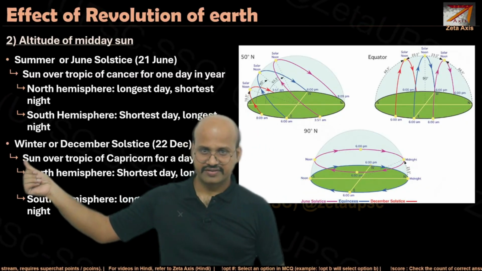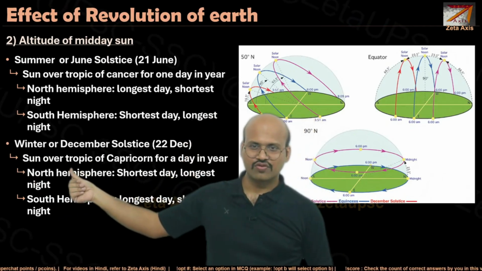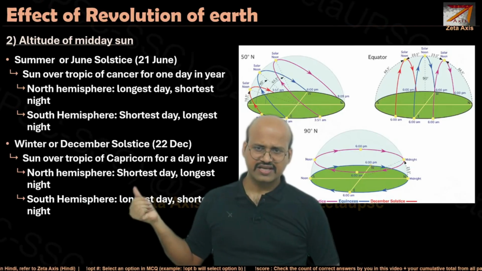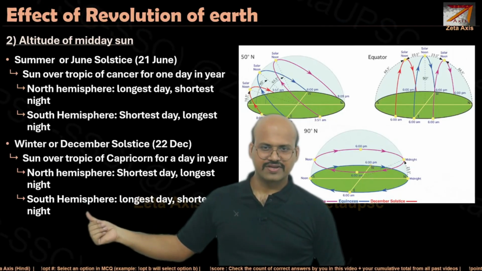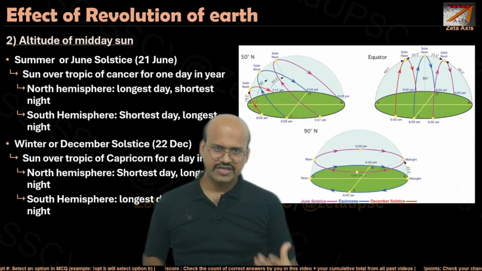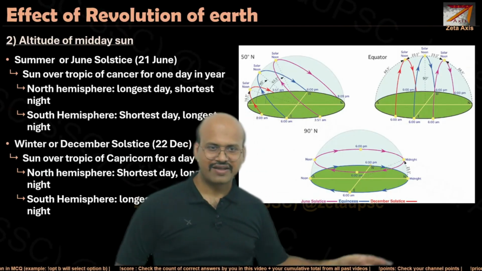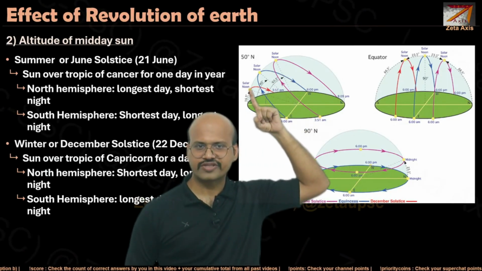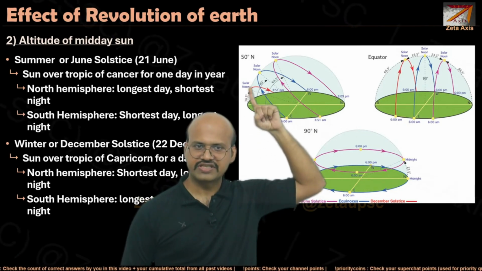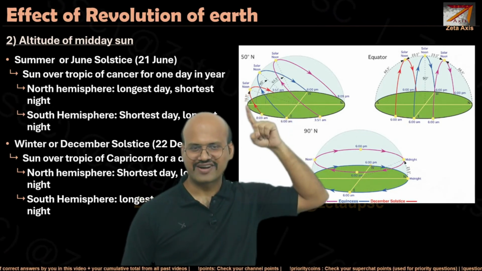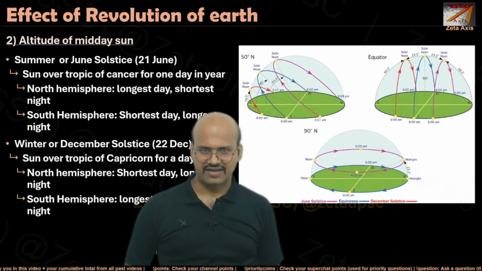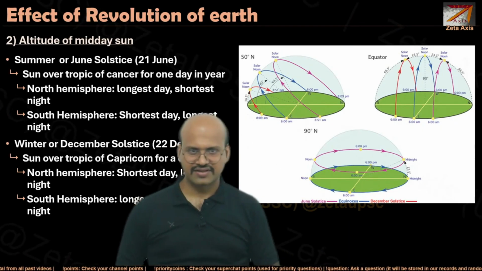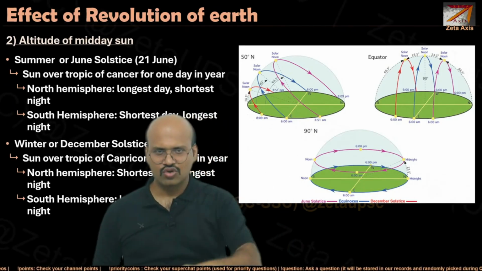In winter, that is around 22 December, the sun is over the Tropic of Capricorn for a day in the year. The northern hemisphere will have the shortest day and longest night. Southern hemisphere, longest day and shortest night. So if we see it from the perspective of the northern hemisphere and we see the December solstice, then we can see that at 50 degrees, the sun is at its lowest position. This is the path which the sun will take. It is very close to the horizon, so it does not go very high in the sky because our northern hemisphere is facing away from the sun, and that is why it appears at a very low level